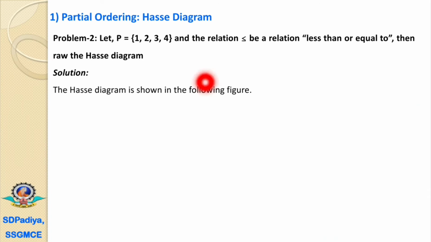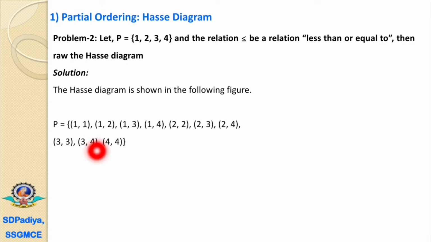Now in the second problem, a set P is given with the 4 elements 1, 2, 3, 4, and the partial order relation is less than or equal to. Now the relation is given, that is less than or equal to. Then draw the hash diagram. Now if we find out the set P according to the given relation, that is less than or equal to,